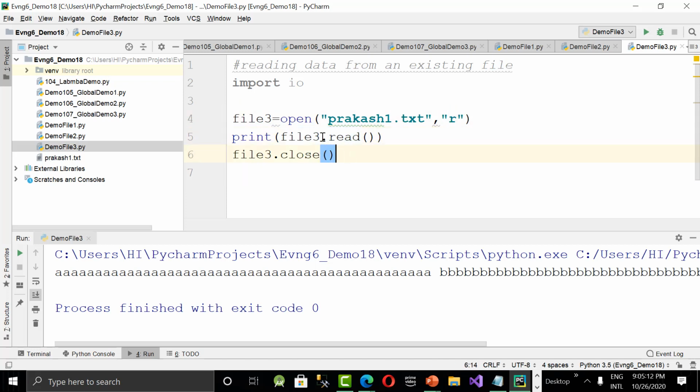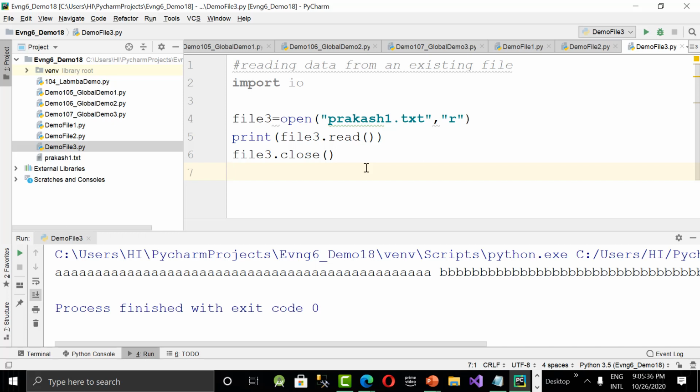No, boss, I have a situation where I have a file in CSV format. You know what is CSV format? Comma separated values. There I want to read one by one, line by line, or we have some products. So I want to read product by product. In that case, I don't want to read at once. I want to read line by line. So is it possible? Yes. Let us see that now.